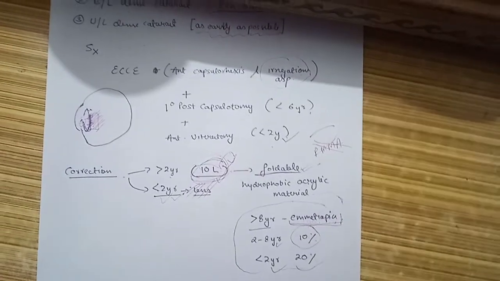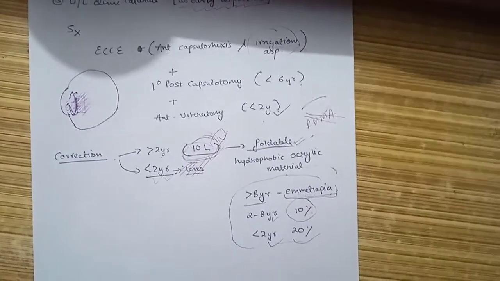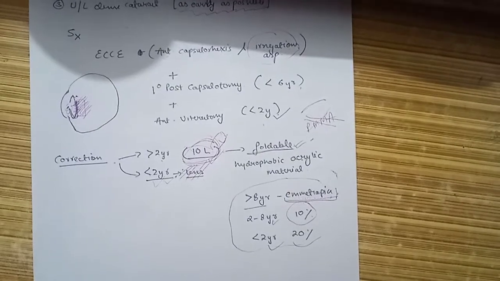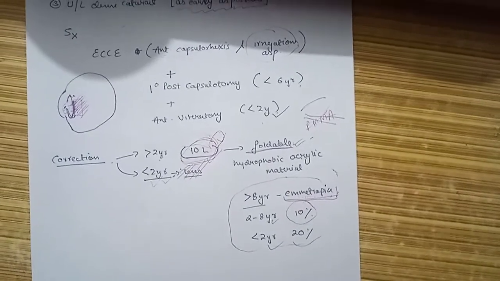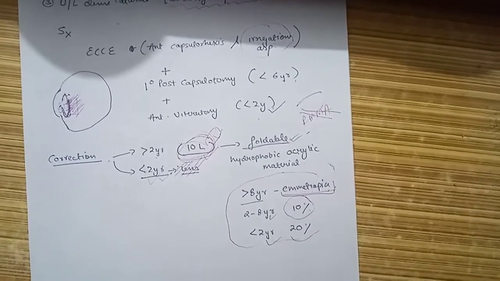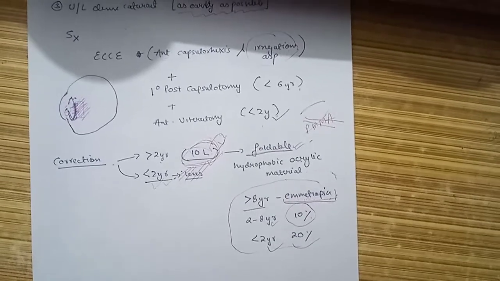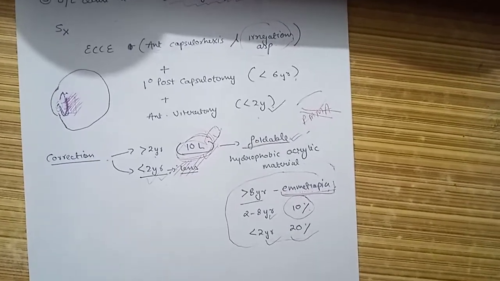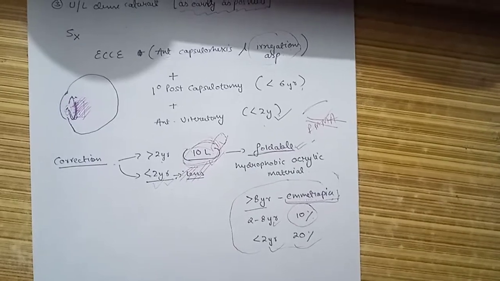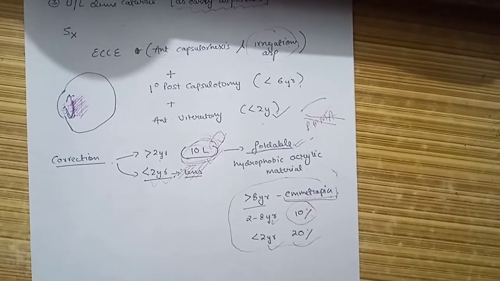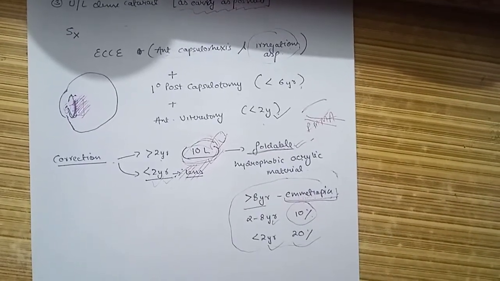Now after knowing all this, we should remember that the prognosis in the case of congenital cataract, if treated late, is not that good. And the main thing we need to remember is that this all is being done to manage the amblyopia, because once set in, it is difficult to manage that.